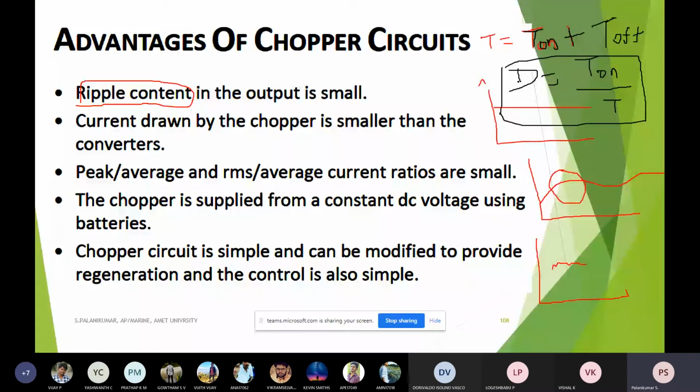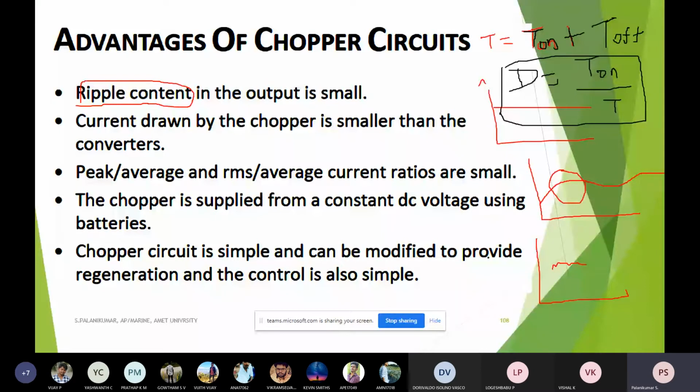Compared to the converter arrangement, where we have the firing angle, here it is called the duty ratio. The on period can be varied. If I increase the on period, automatically the off period will decrease, or if I increase the off period, the on period decreases. As a result, the device is engaged in the circuit, on and off. It is called duty, which is why it is called duty ratio. We use D, or sometimes lambda; many symbols are used, but the basic thing you have to understand is that in a converter we call it the firing angle.